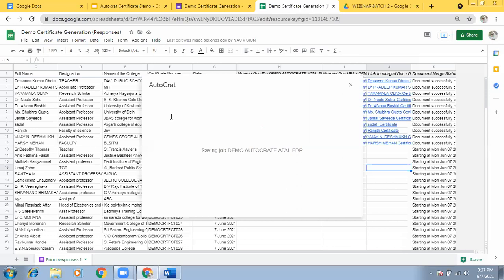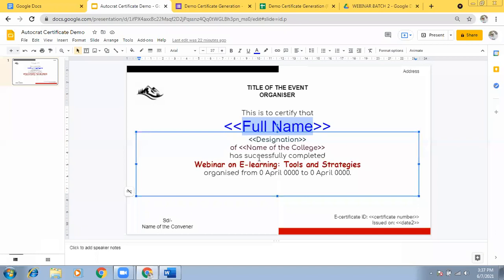You add the item between this symbol. You can see designation, whatever data is to be taken from the sheet or Google form. I have made those things in the certificate in this format, then this will be taken. Okay.